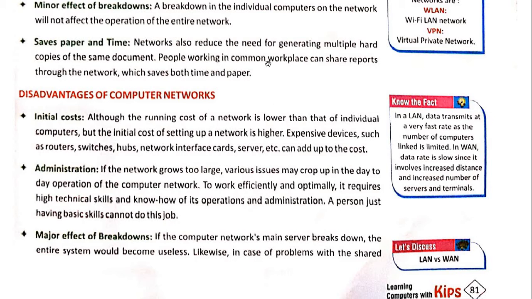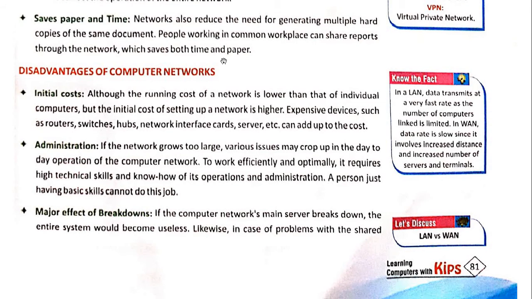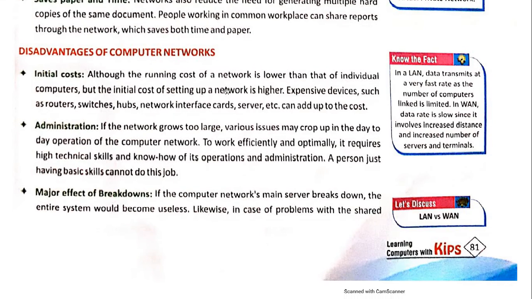So in that case, the principal writes a letter and gives it to you, and then you go to your class teacher and show it. But if there are two computers, one in the office and another in your class, then the principal can simply write the message, your teacher can see it, and the teacher can allow you to sit in the class. Like this, it saves paper and also time, because signals or messages travel too fast in comparison to the manual system.